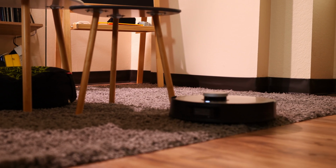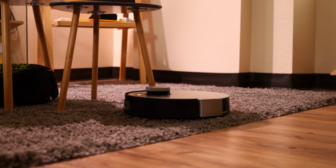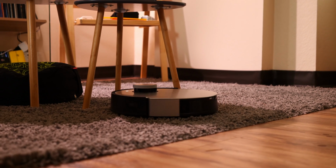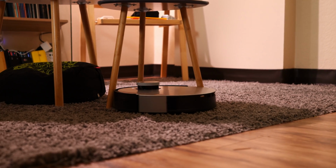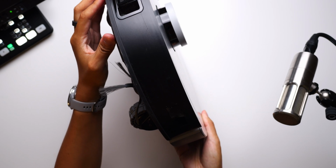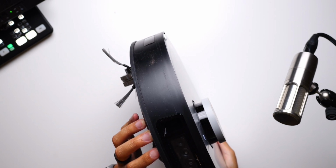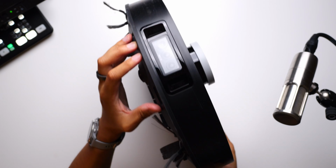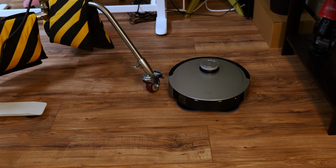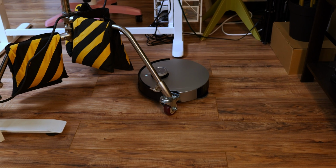I have noticed with the X1 OMNI that the vacuum sometimes uses its own bumper in tight spaces. I mean, this is the whole bumper right here, but for the most part, it stops itself short in every other case before actually bumping into any obvious obstacle. You're probably able to see here that obviously it has had to scrape on stuff sometimes. There are a couple of battle scars, let's say, on the front here on the bumper, but honestly, I trust